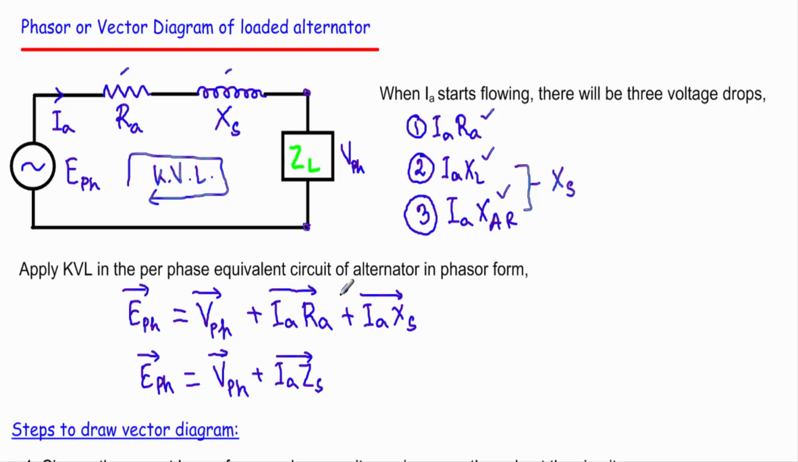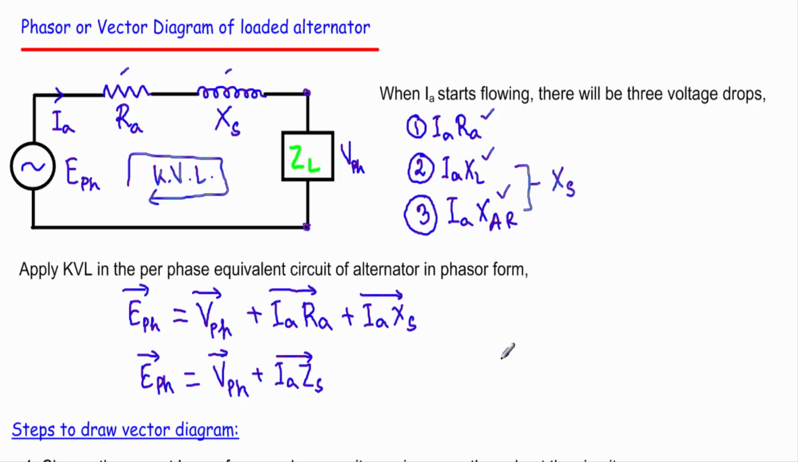Kirchhoff's voltage law says the sum of voltage rise or voltage supplied is equal to the sum of voltage drops in the circuit. So if I want to draw the vector diagram of a loaded alternator, I have to satisfy this equation, such that the phasor no load voltage will be equal to the sum of the load voltage VPH plus the armature resistance drop IARA plus